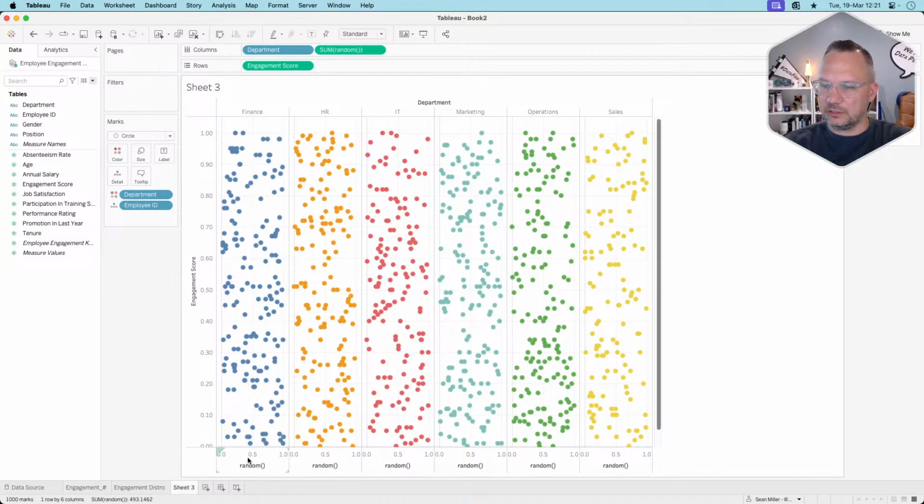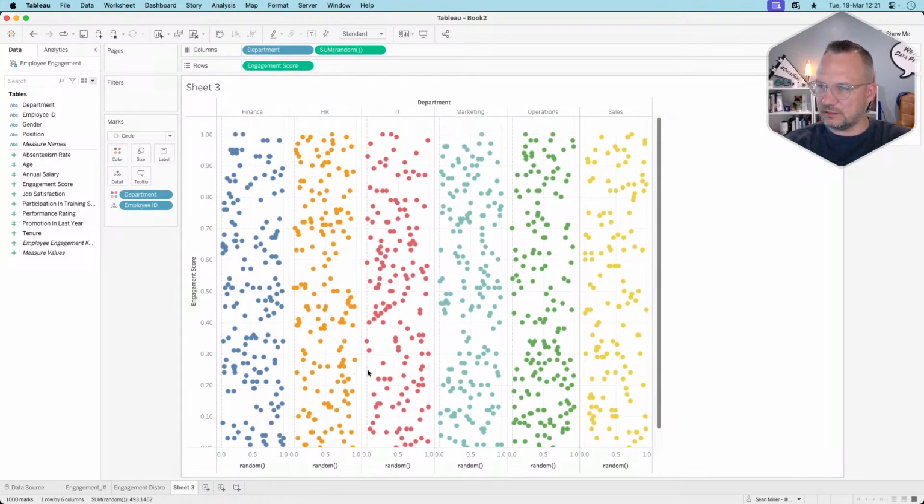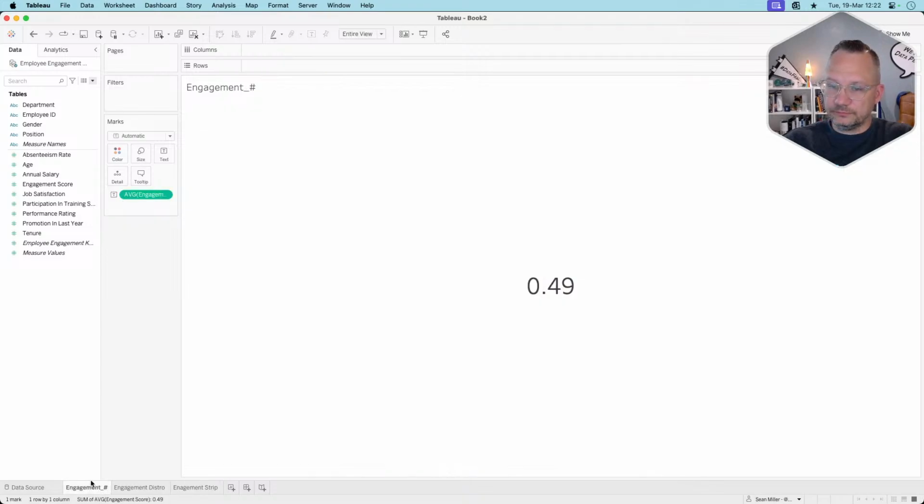Again, trying to do this with fake data that's perfectly distributed, right? It's perfectly distributed. I don't know if we'll end up using these. So this is the engagement strip. So now we just need to